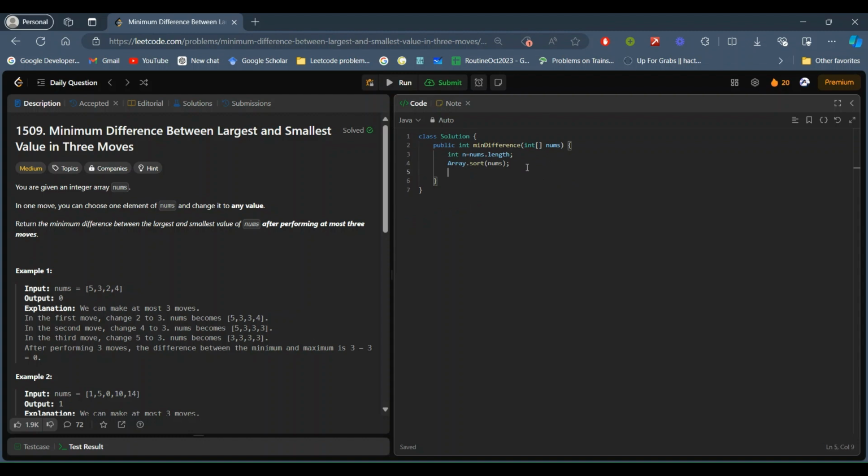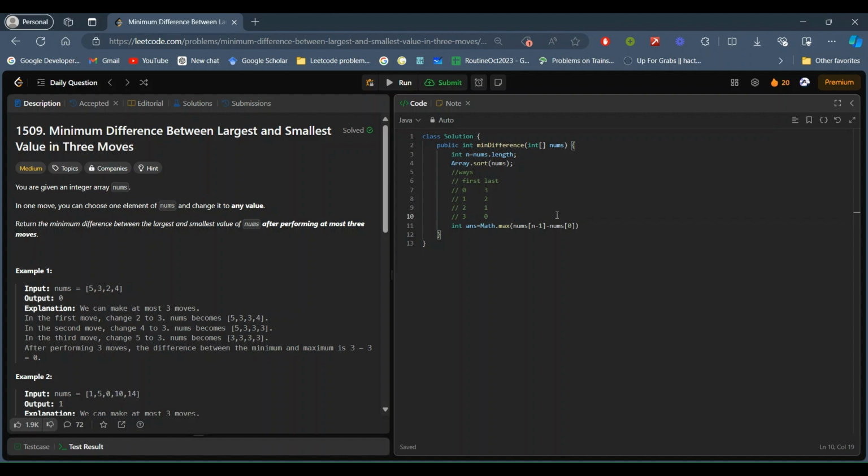Okay, so here I will take answer, and inside this we are going to keep the values of nums, all the ways possible. If we are taking from 0, first is 0 and we take the last three values; if we are taking 1, then we take the last two values; if we are taking the first two values, then the last one value; and for the first three values, we can't take any values from the last.